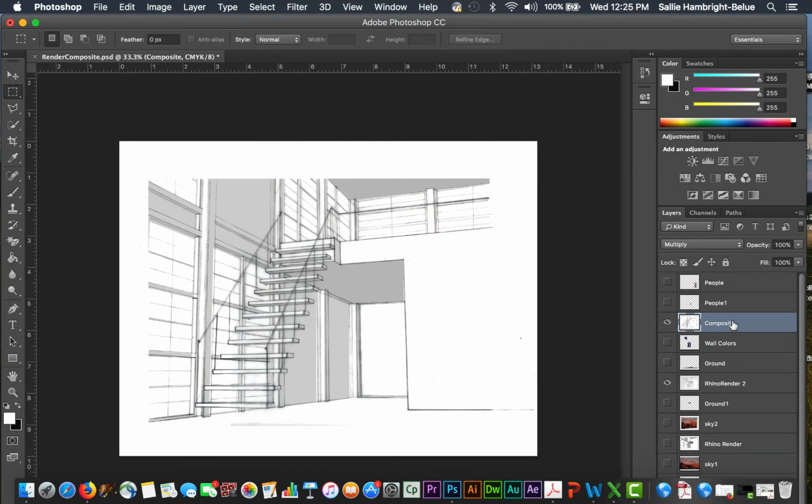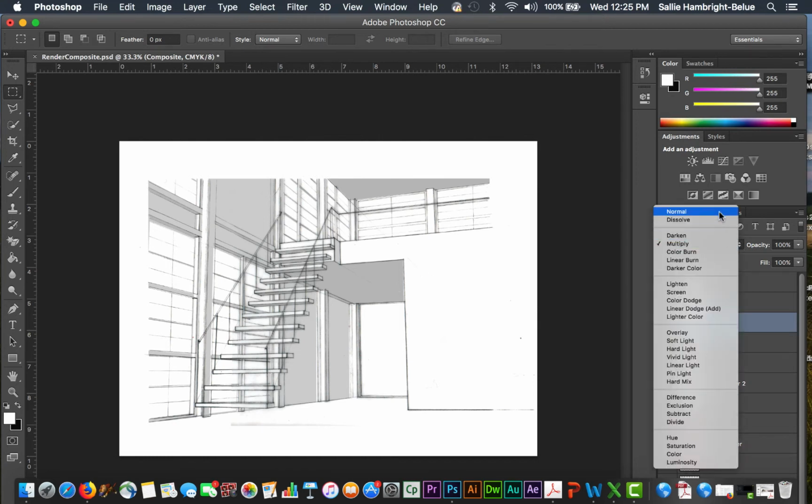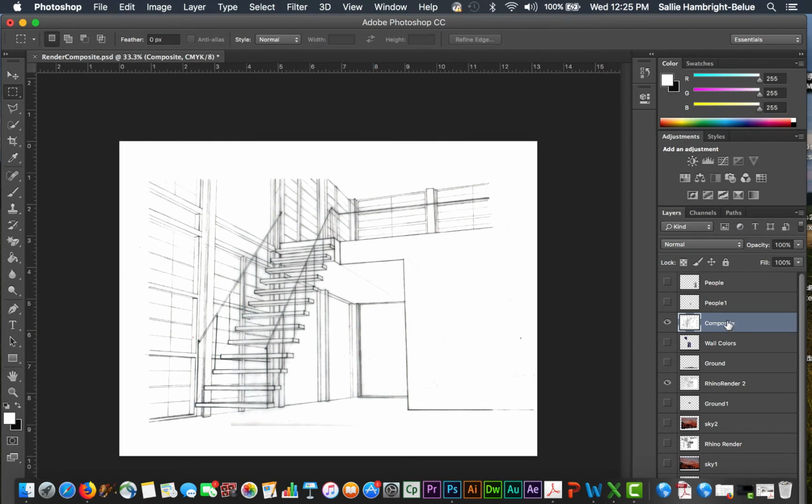One thing that you should understand is that when you bring this in, this is what it's going to look like. So my composite is on top of the Rhino render, but you can't see the Rhino render right now. So what I would encourage you to do is that for your scan of your drawing, you come